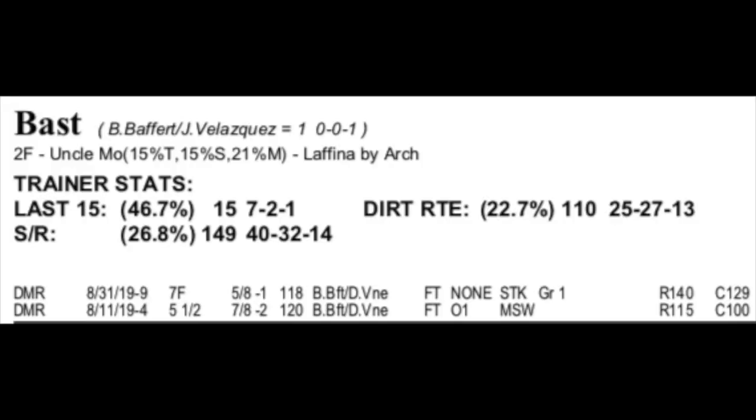She has a lot of potential to be good. We still don't know how far she wants to go. Maybe she'll be better sprinting. We don't know that yet, but that was a promising effort in her second career start to almost win the Juvenile Fillies. Now Bast for trainer Bob Baffert was third,